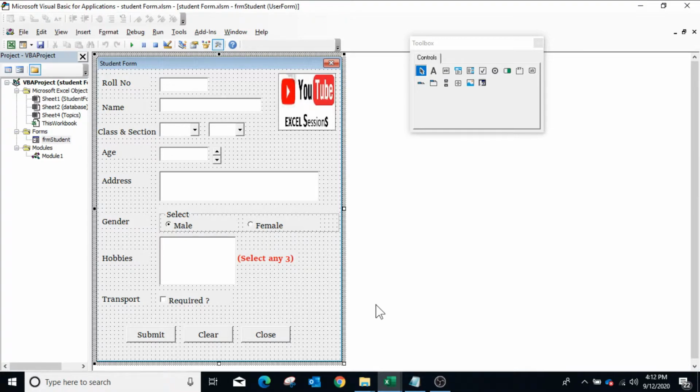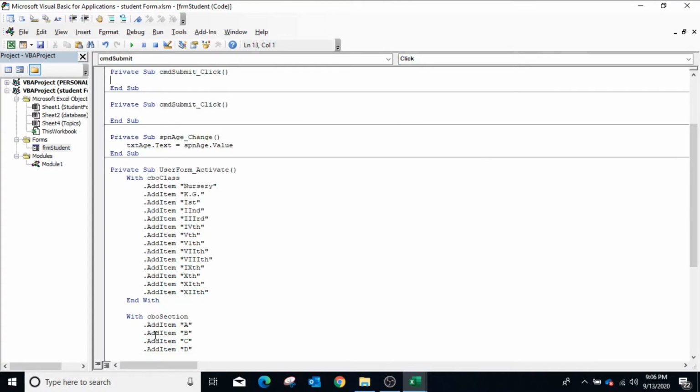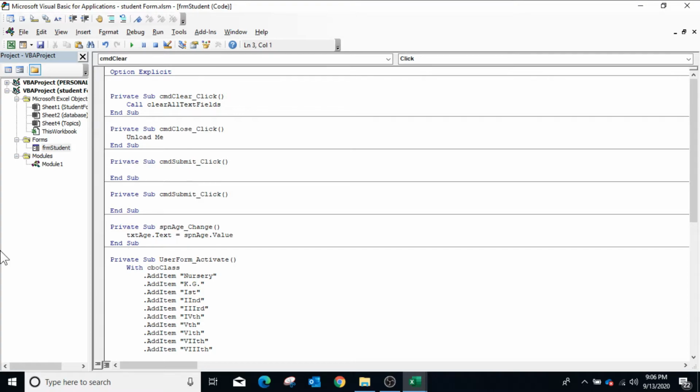To write the macro for the submit button, double click on the submit button. Now to store values from the form controls in the worksheet database, first we will identify the next blank row available. So declare a variable at global level, type Dim blankRow As Integer.